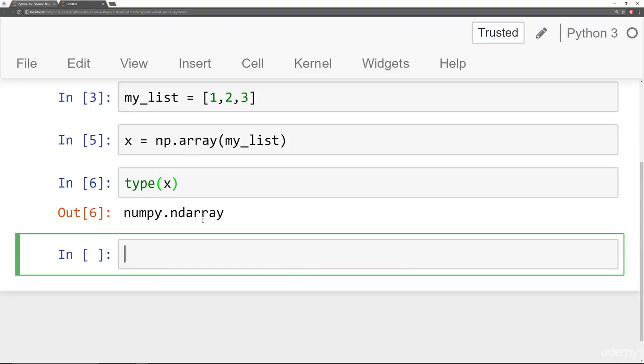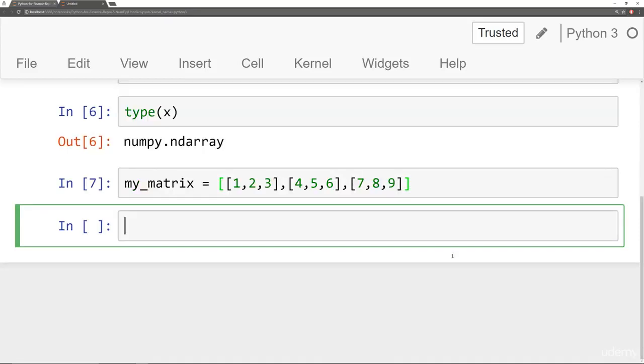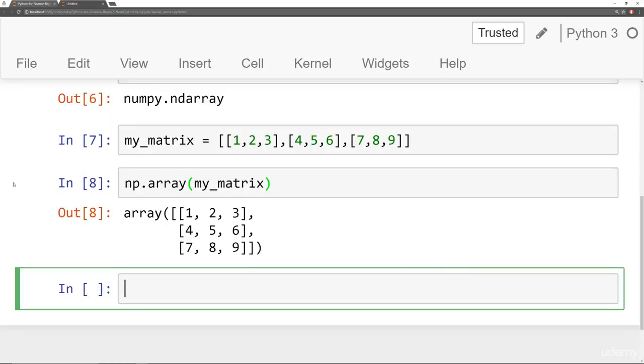If you actually want to build a matrix, you can create a variable called matrix and have a nested list. So that's a list of lists. We'll say 1, 2, 3, 4, 5, 6, 7, 8, 9. Note what I have here: I have a list with 3 items in it, and each of those items is a list itself with 3 additional items. Now if I pass my matrix to np.array, I get back an array,